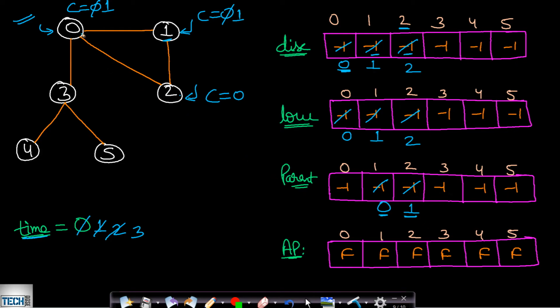So this must be an ancestor of 2, and since 0 is an ancestor of 2, this will be considered a back edge. Since this is a back edge, we are able to reach an earlier node from a later node. Therefore the low value of 2 should now get updated. So the low value of 2 will be updated with the discovery time of 0. The discovery time of 0 is 0, therefore the low value of 2 will now become 0.